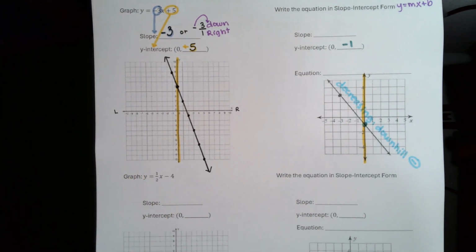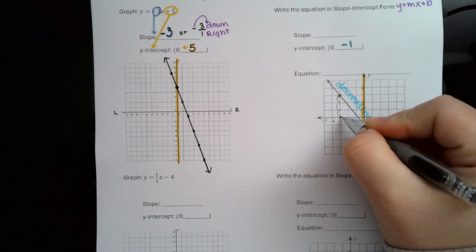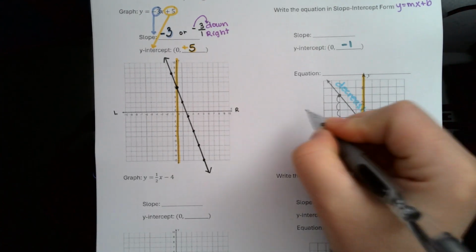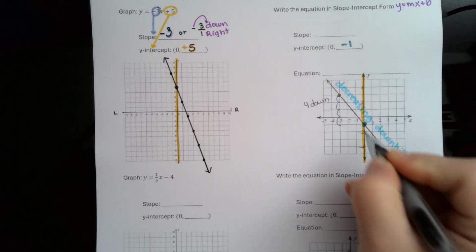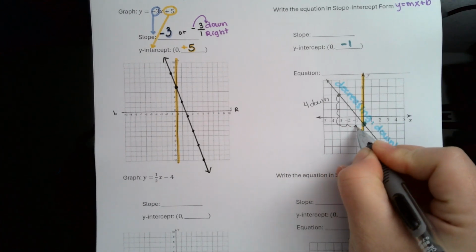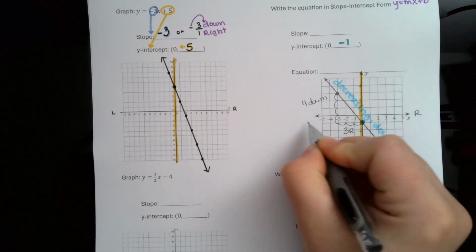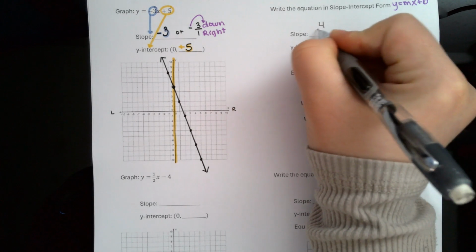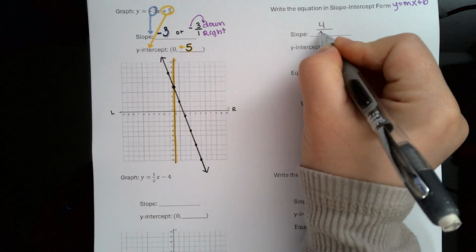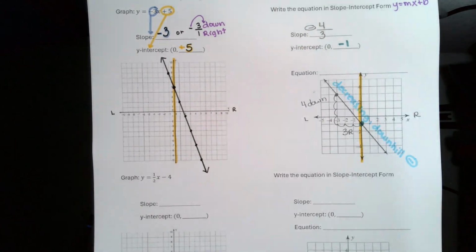So I am going to be counting down 1 jump, 2 jumps, 3 jumps, 4 jumps down. And now I'm here, 1 jump, 2 jumps, 3 jumps to the right. Here's your right, here's your left. So my slope is 4 down, 3 to the right,